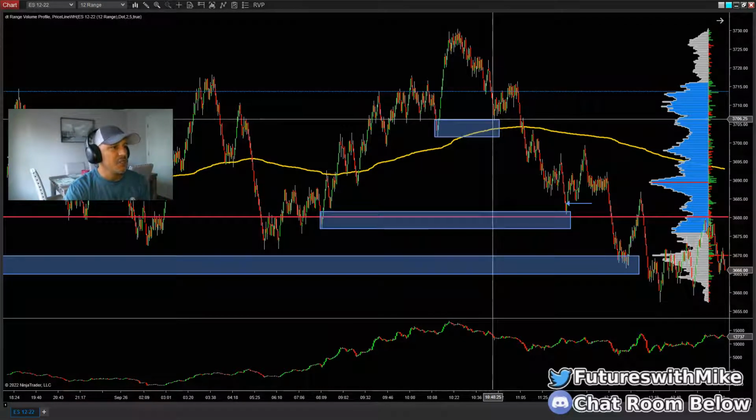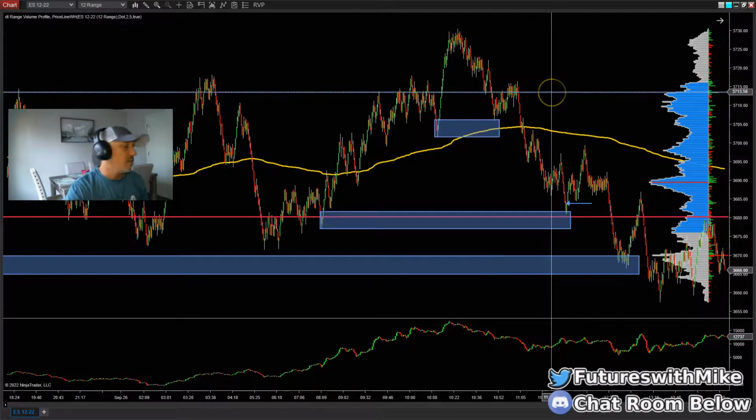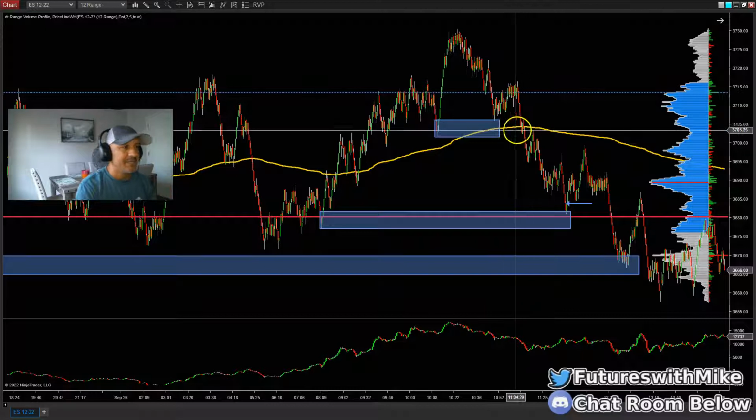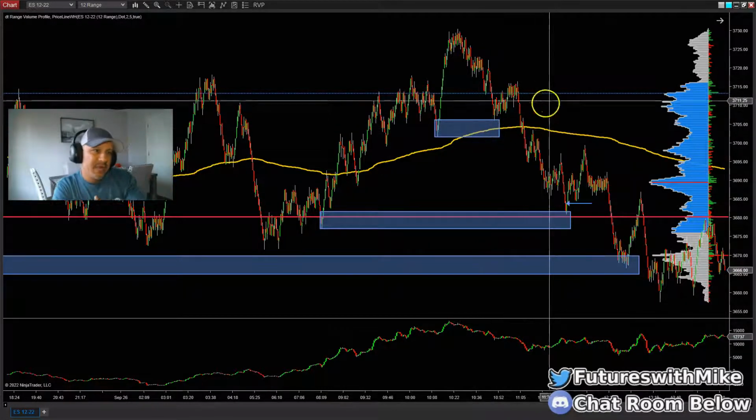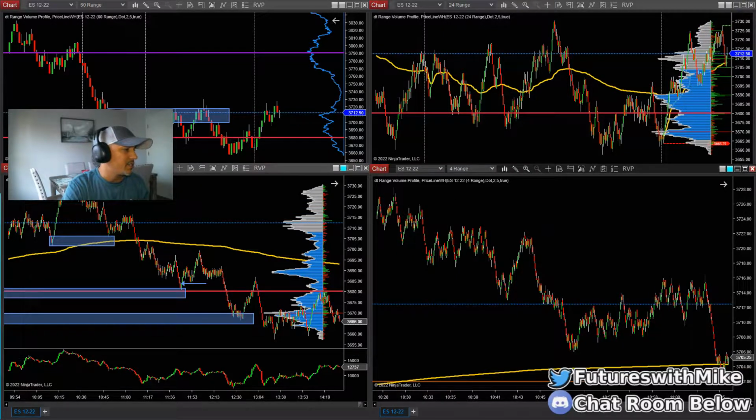Now, I'm going to show you that there are two ways you can trade it. You can trade it throughout the 12 range chart, or what I like to show beginner traders is a simple strategy that gives you more confirmation in your trading. It's to scale down to a lower time frame. Now that price has tapped into this demand area, let's move on down to the 4 range chart at this point, and we'll mark the same zone.